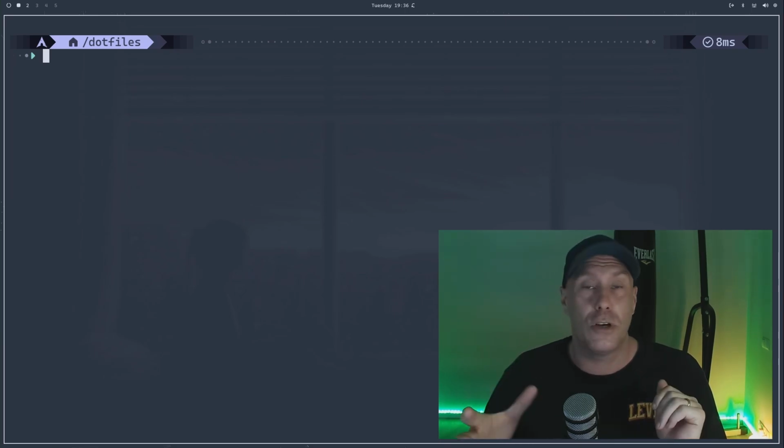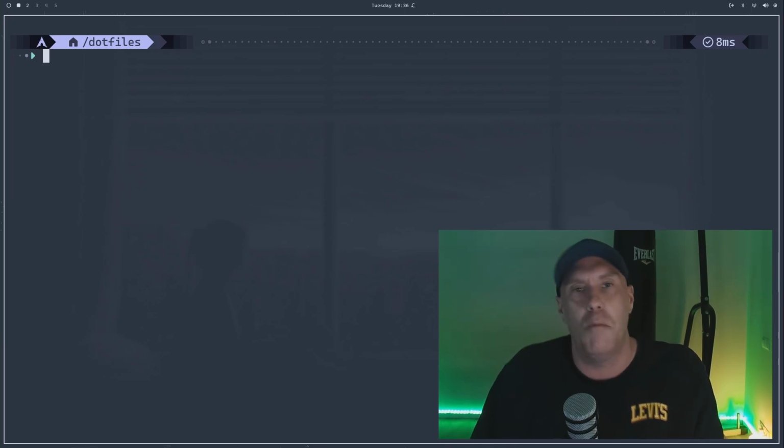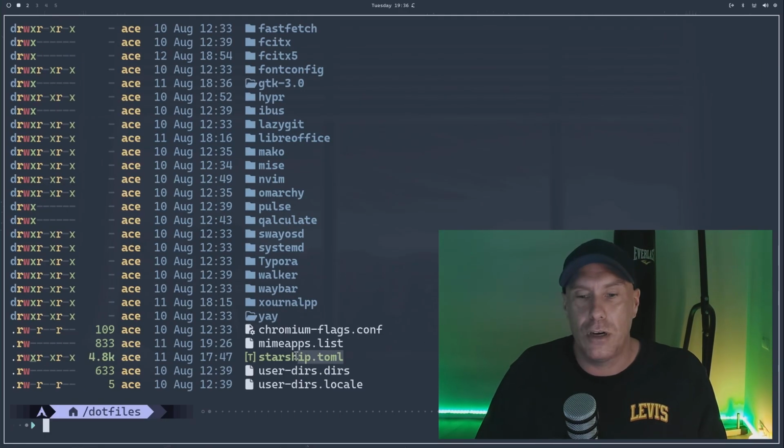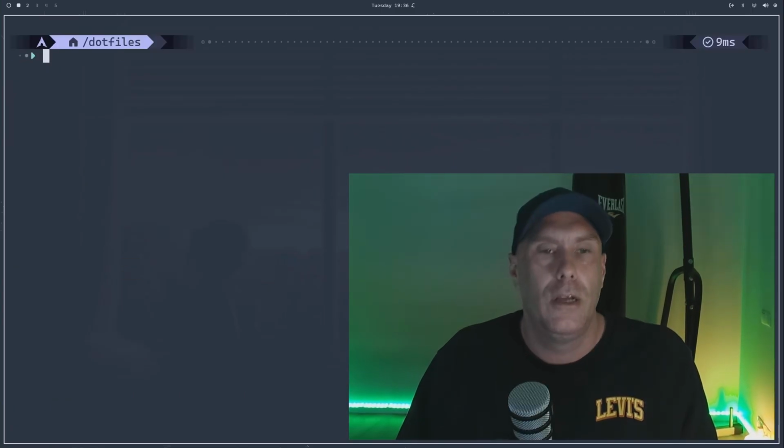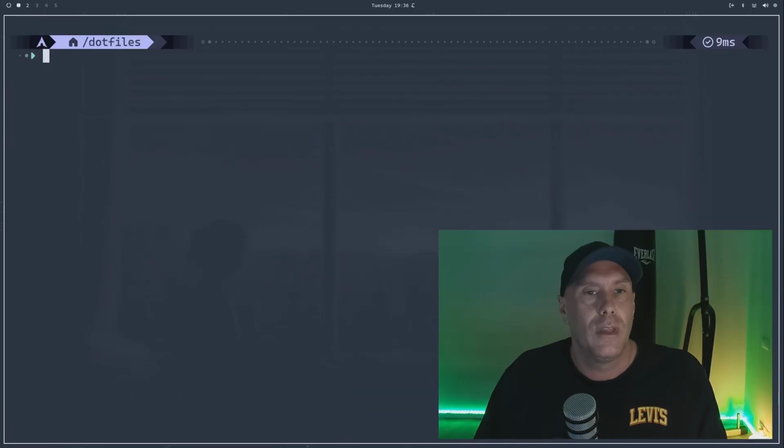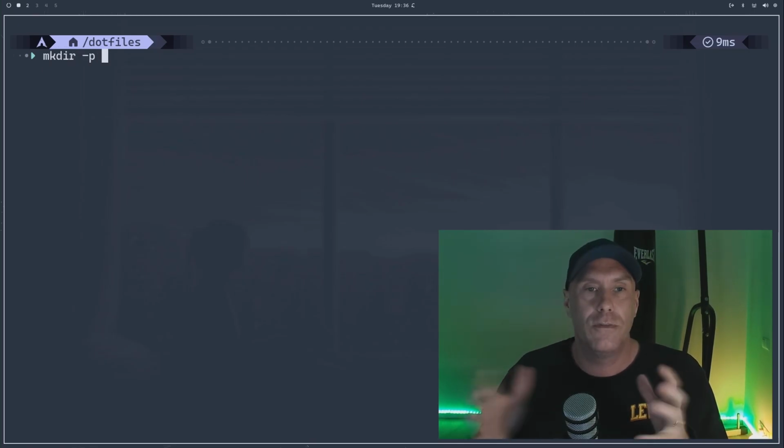Here's another example. Let's say you use the Starship prompt and you want to keep that configuration file safe and sound in the bosom of the Dotfiles. So let's take a look at .config. And here you have starship.toml. And what you have to do is you have to do mkdir -p, and the first folder name that you do,